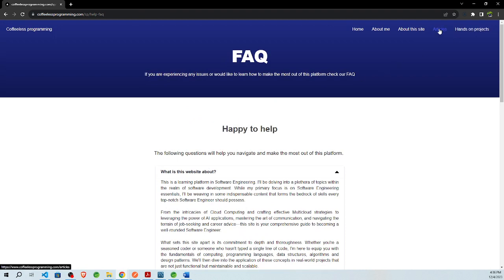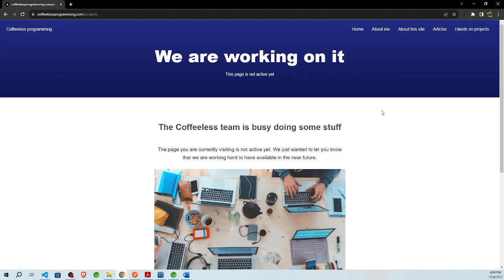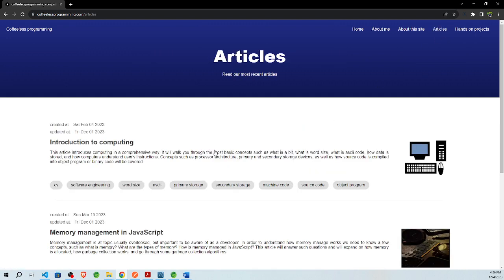We're going to have, of course, the projects section, which is something that I'm still working on, but we are going to have the article section. Now, this article section is not necessarily part of the learning path experience of the learners, but it's going to add to it. It's going to make it more meaningful, more insightful. It's going to add content that will make them more desirable candidates.